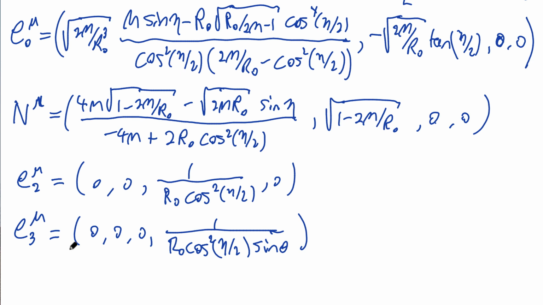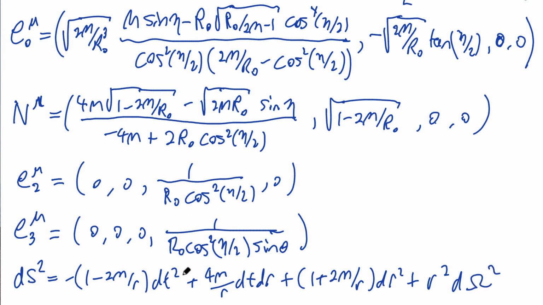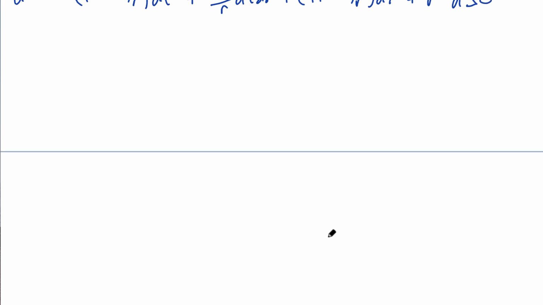And now we compute the extrinsic curvature, of course using the exterior metric, which is minus 1 minus 2m over r dt squared plus 4m over r dt dr plus 1 plus 2m over r dr squared plus r squared d omega squared. So the extrinsic curvature is